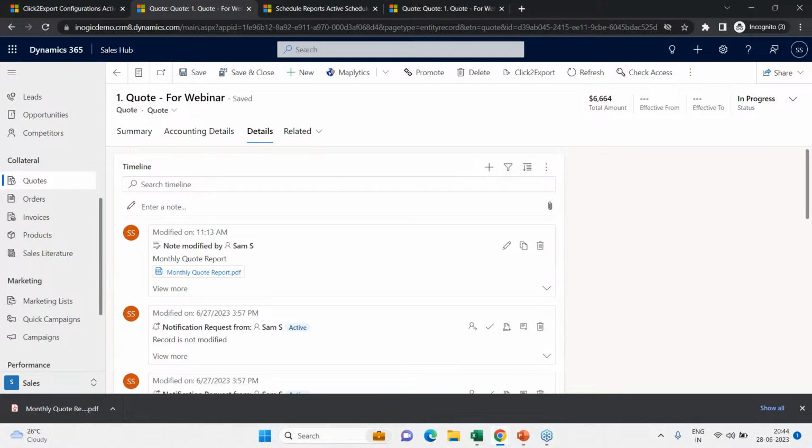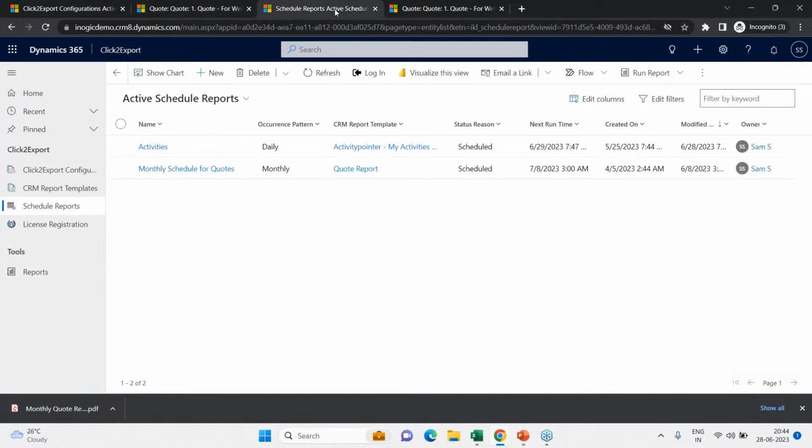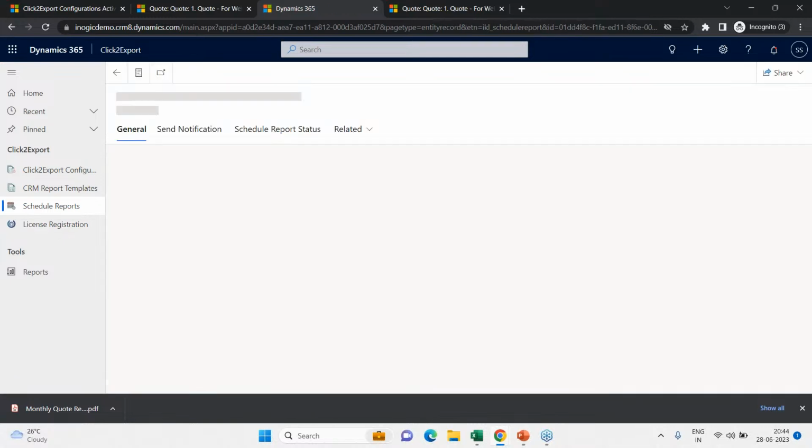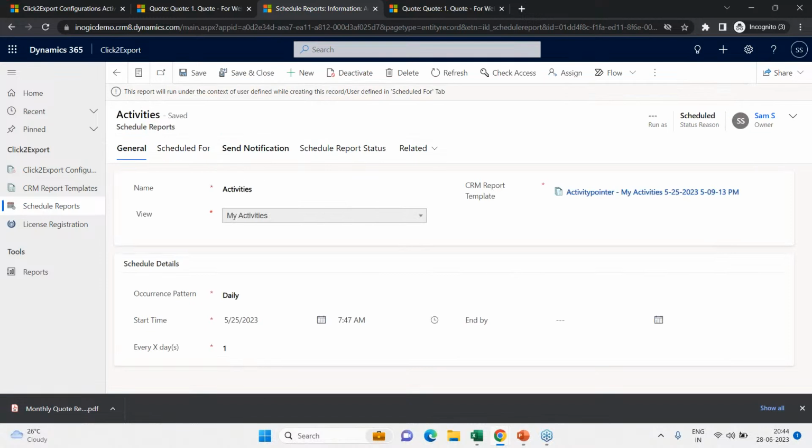Now, I also want to touch base on a very interesting scenario with click to export. The one which I like personally, you can schedule some reports. So if you want to send some reports on a daily basis or a monthly basis, that's where under the click to export we can go right here at schedule reports. And as I had mentioned, I have pre-configured some of them. So let me just open one of them, which is the activities. And what it's basically taking is the view of my activities. It's taking the CRM report template that has been configured, and it's going to occur on a